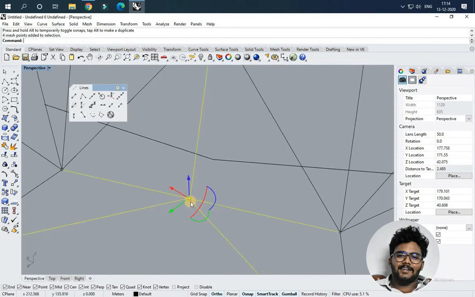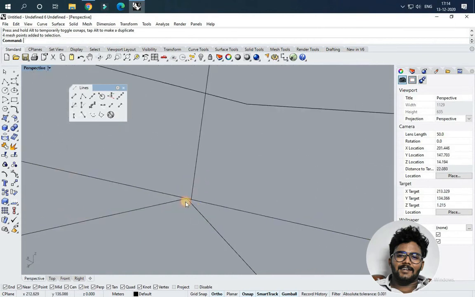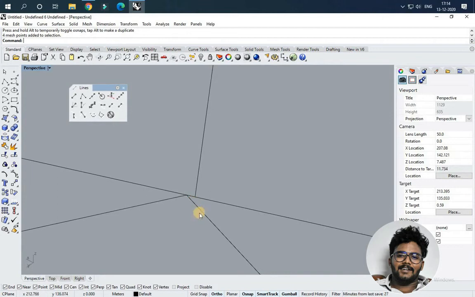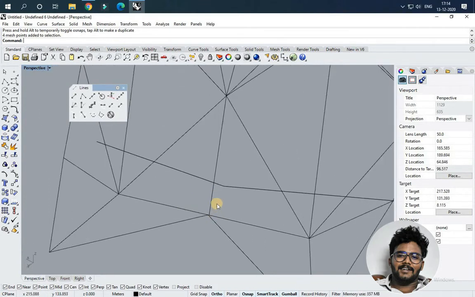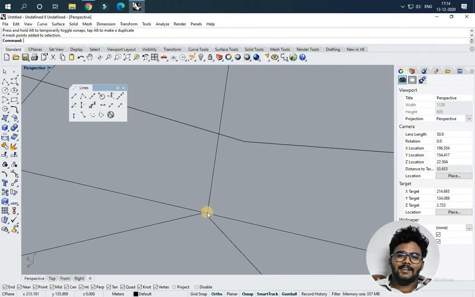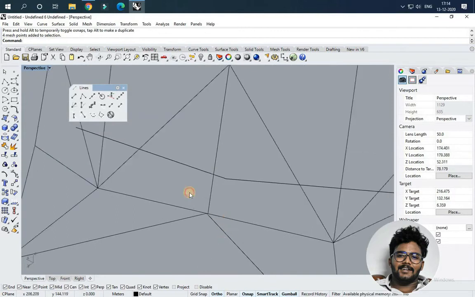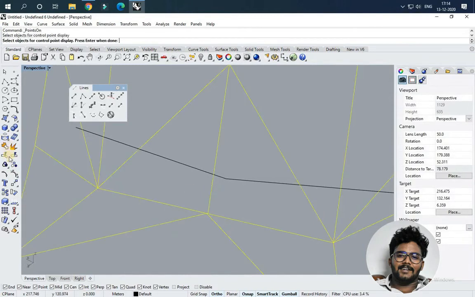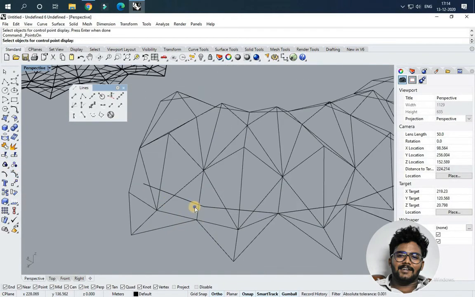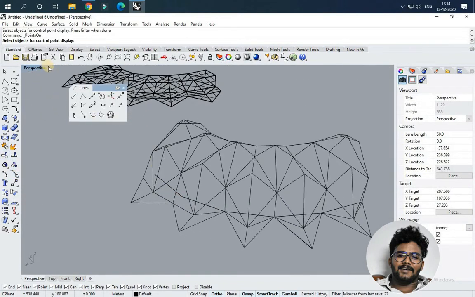I'm just selecting it. So see, the point is not in the center. I just need to select this and move it to the point where I need. Please turn on the control points.